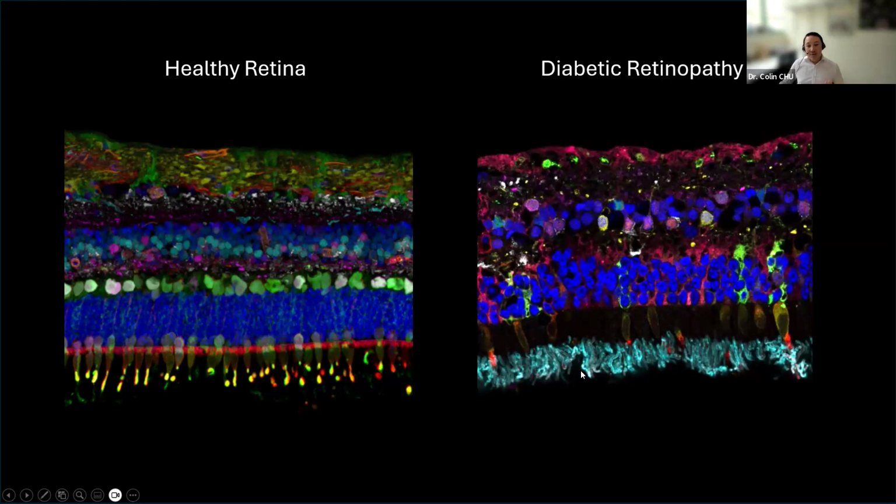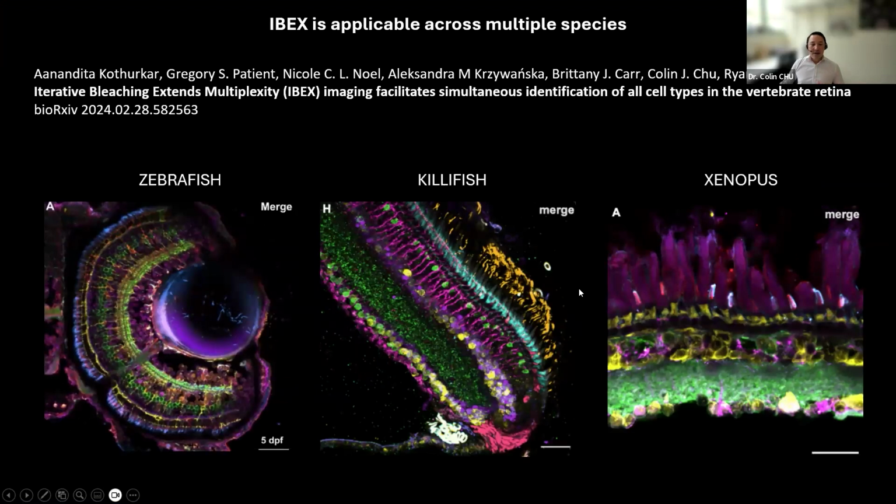And it's not just human tissue that IBEX works with, it's very versatile. And so we have a preprint out that you're very welcome to look at with a colleague who works on different model organisms. And so we've been able to show that the fundamental IBEX technique works across many different species, including zebrafish, other rarer types of fish such as killifish, even also xenopus. And I think this highlights the strength of IBEX, that you can use your existing antibodies without very much modification